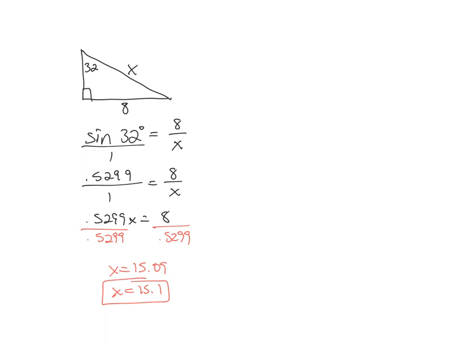So I got 15.09, for instance, because I did 0.5299. If I did 8 divided by 0.529, I got 15.12, which still rounds off to 15.1, but